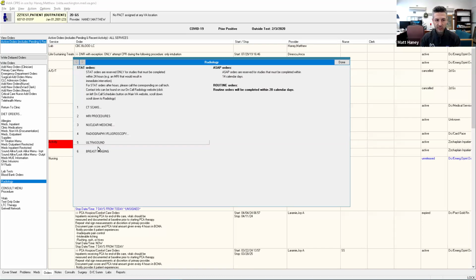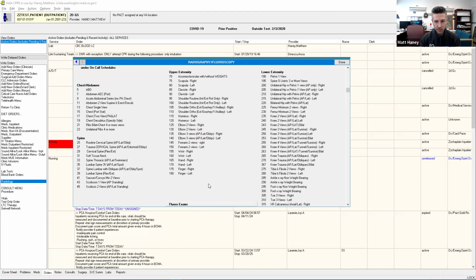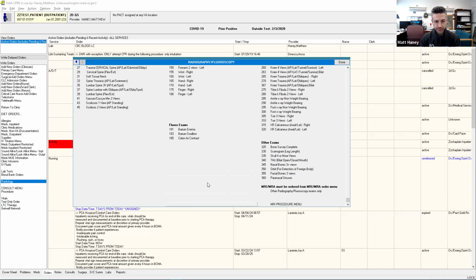Obviously, we would just select which radiology department we want. Radiography means general X-ray. So we have a number of different X-ray orders. We can scroll down and down. As I mentioned with diet orders, if you sort of find the end of the list in this order menu,